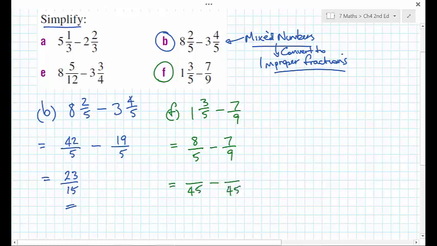So I write them both over 45 before I do anything. So 5, to get to that, I've multiplied it by 9, so I multiply that by 9. So it's 72 over 45. 9, to get to this, I've multiplied by 5, so I multiply that by 5, to get 35 over 45. Now that they're over a common denominator, I just work across the top. 72 take 35